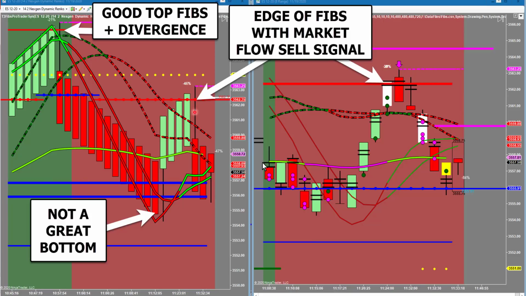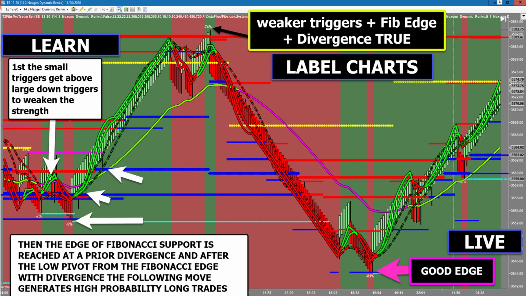Reaching fibs with very bearish triggers and then getting a signal. It's a really good recipe for trading the edges. Now, as you're learning, this is kind of the thought process going through your head. You're looking at your fibs and your triggers, and you're like, oh man, I have to figure all this out. So watch. I'll read it out to you, and again, this is what we teach, but I'm doing it in